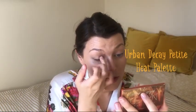I don't tend to use eyeshadow every day, but recently, with the weather changes and things like that, I've just been enjoying this middle shade. This is one of my ultimate favourite eyeshadow palettes. It's the Urban Decay Naked Petite Heat. I'm just going to use this shade, third one in. It's called Hot Spell, and I just take a finger. Could never be bothered with brushes, and I just run my ring finger and literally just dab it in the corner of my eye. Because I have quite oily lids, I like to dab it into the corner of my lid, and then just get that to soak up the foundation, and I just think it adds a little bit of depth